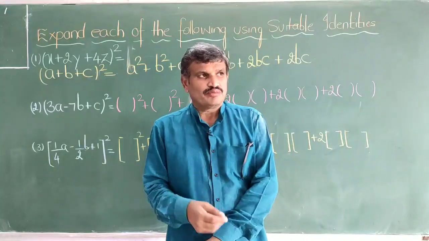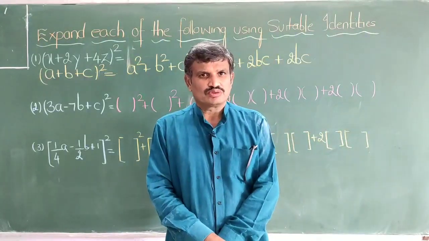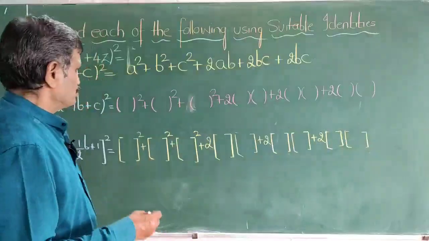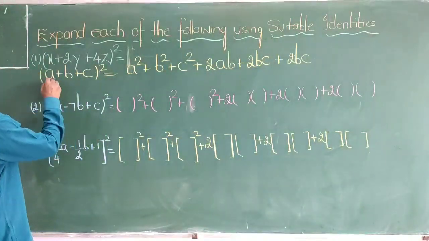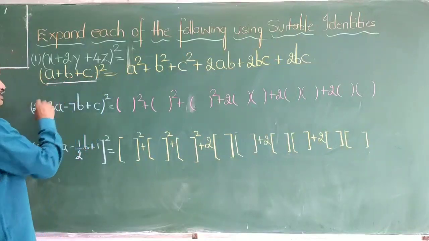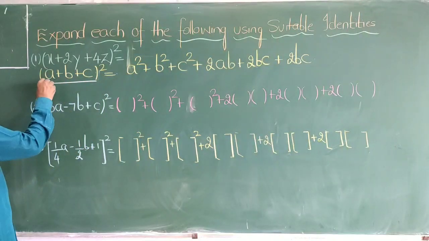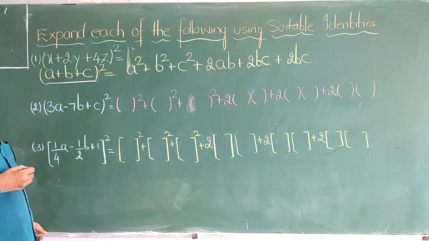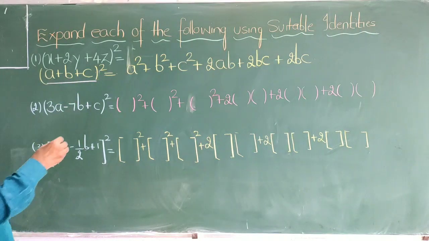So far in class 6th, 7th or 8th, you studied expansions of binomials, and the formulas that you studied were (a plus b) whole square and (a minus b) whole square. Now today we are going to study the expansion of square of trinomials. You can see a trinomial here, and if we square the trinomial, what are you going to get?